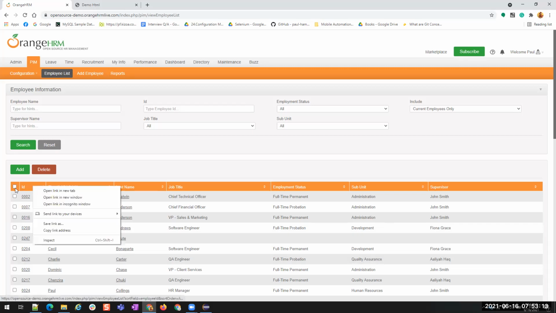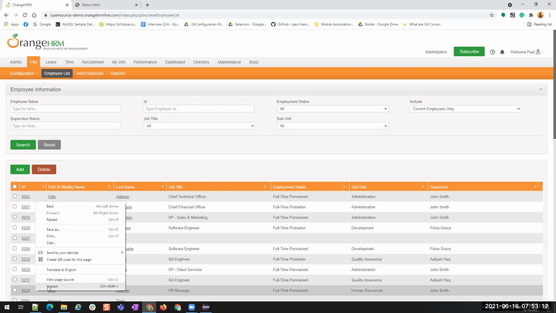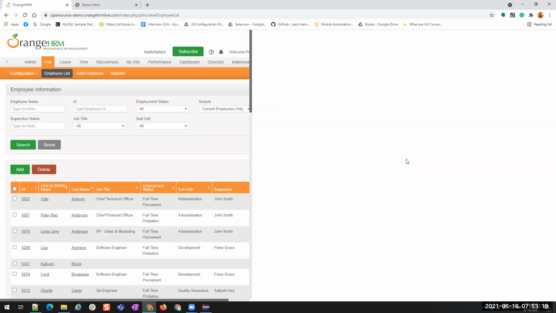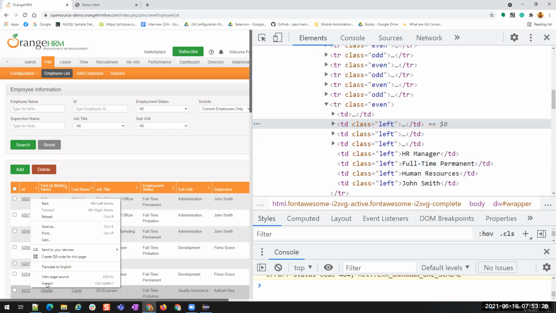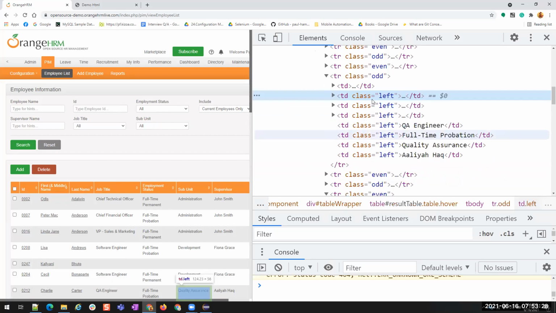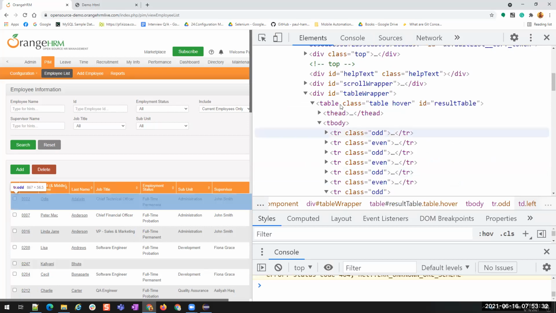So right click on the first column or first row and inspect. If you right click and inspect anywhere on the table, then you have to scroll a lot to find where is the table, right? Because it will not show the table tag. It will show the TD tag because I right clicked and inspected here. So it is showing that TD tag, but I want the table tag. I have to scroll manually to here.